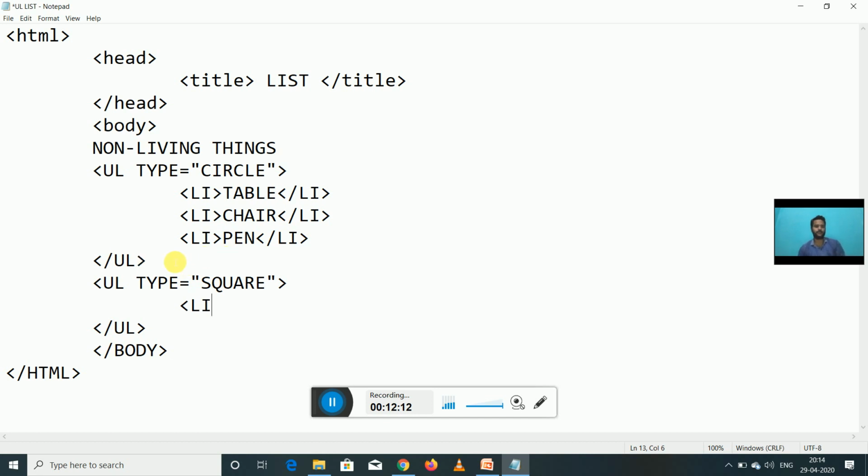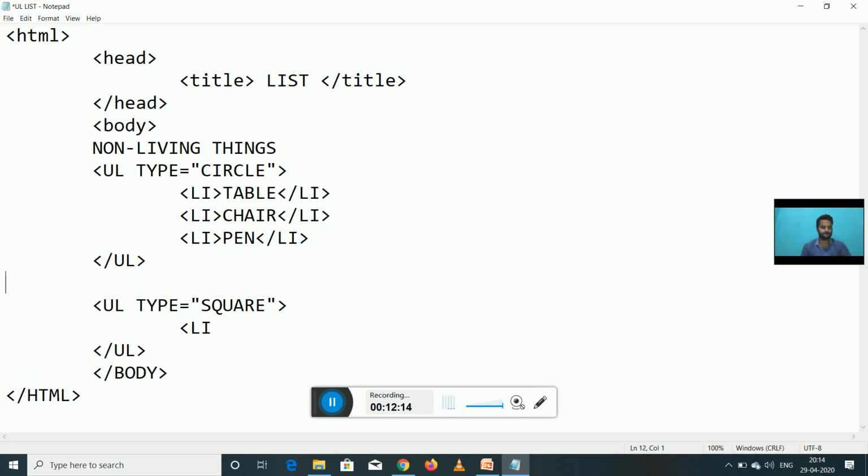But before this I have to write here living things. You can write it in any paragraph tag, any container tag you want. I use the br tag to break a line.